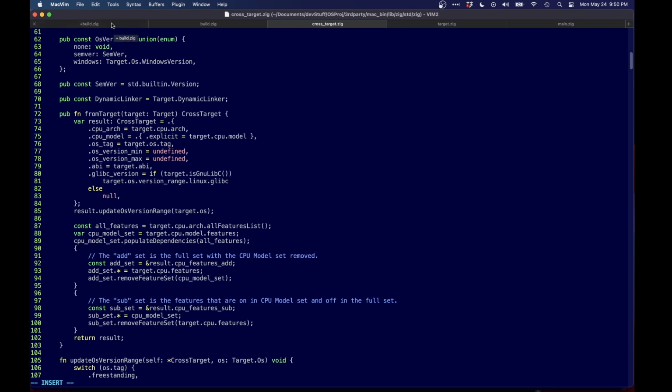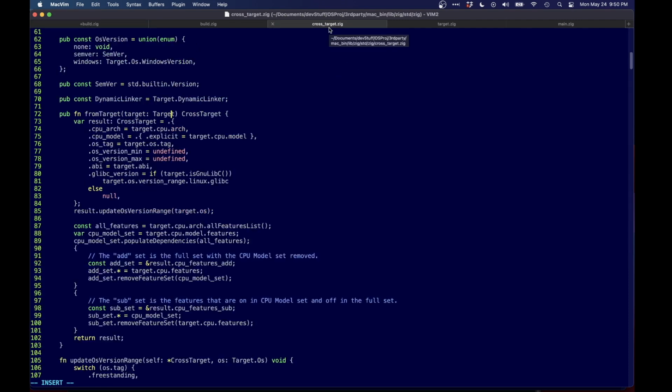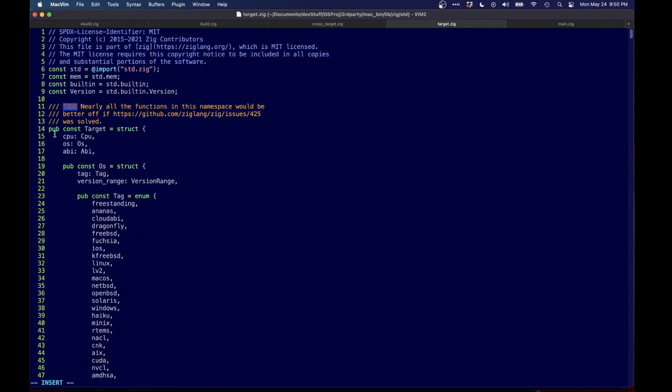So from target takes a regular target, and so this is a regular target struct, and the regular target struct has three fields: a CPU,